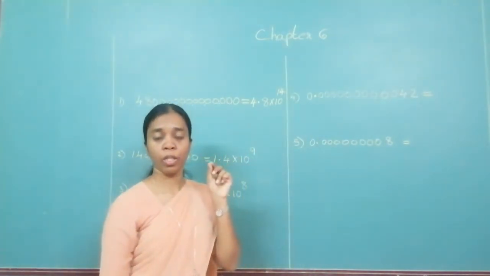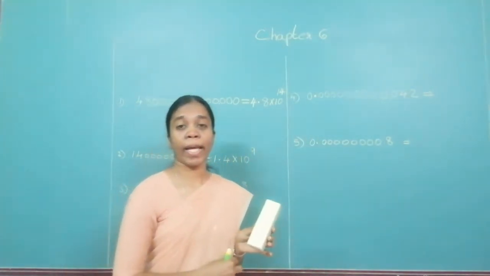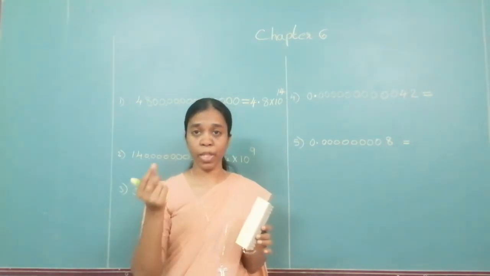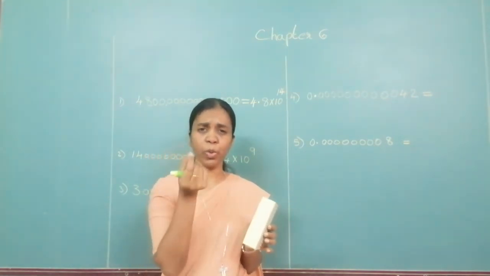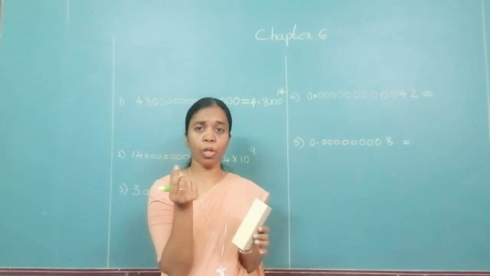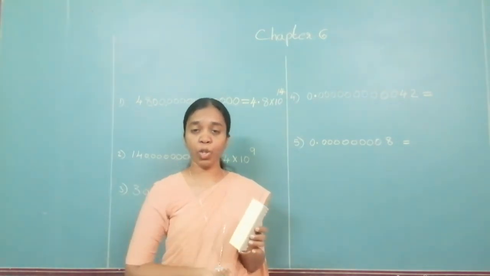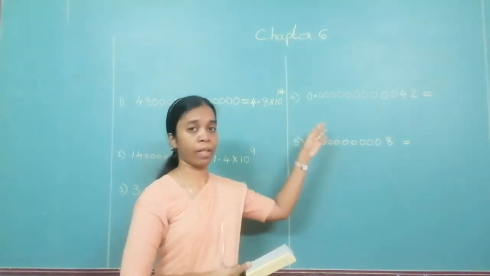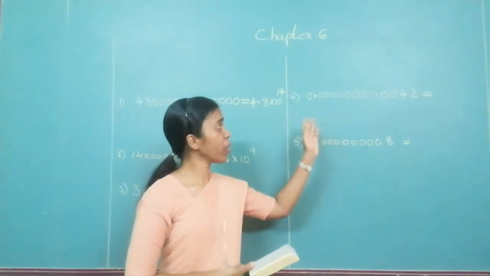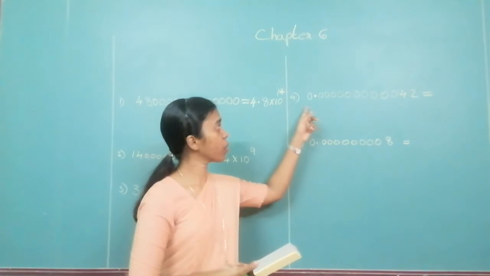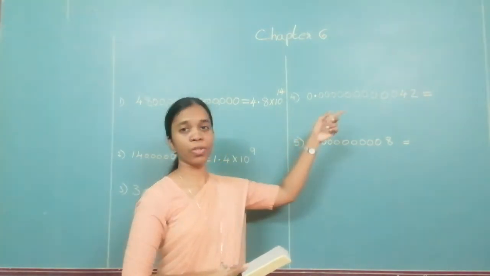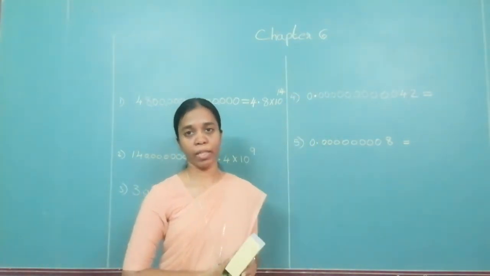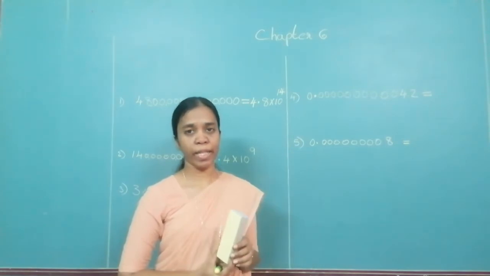So small. We know that when we learn about atoms and cells, we cannot see their structures. They are so minute, so small. So if we have to say the size of it, it is very small. Now we cannot go on saying what is the diameter. We cannot say 0.0000000000. We cannot say like that. So how do we say it in a standard form?